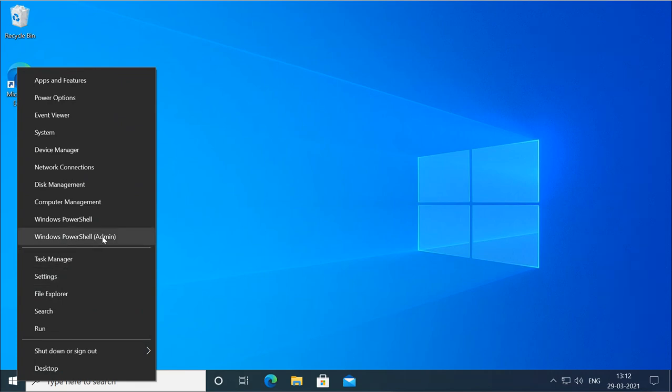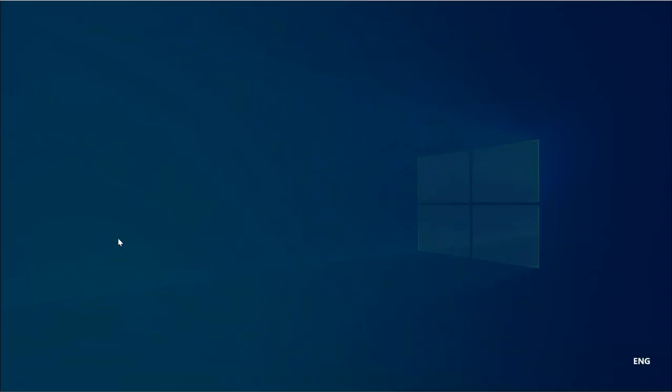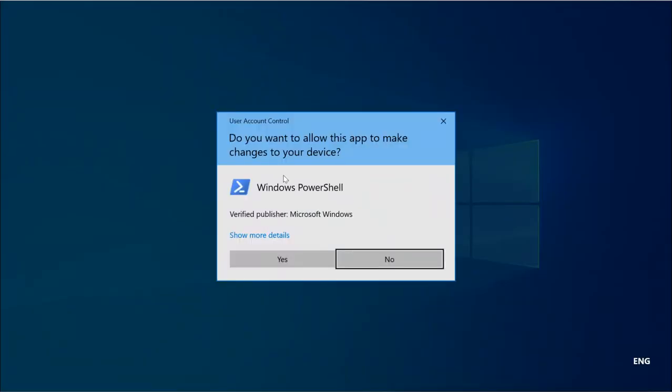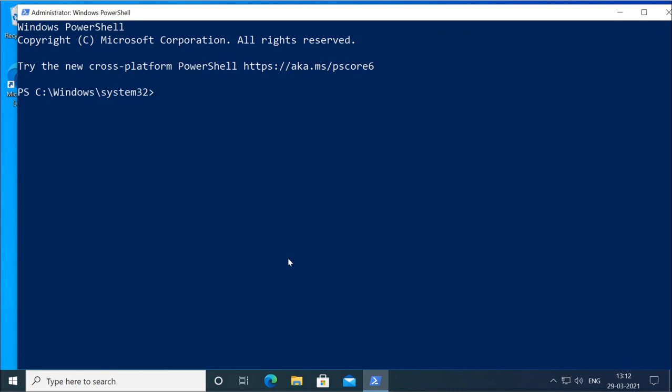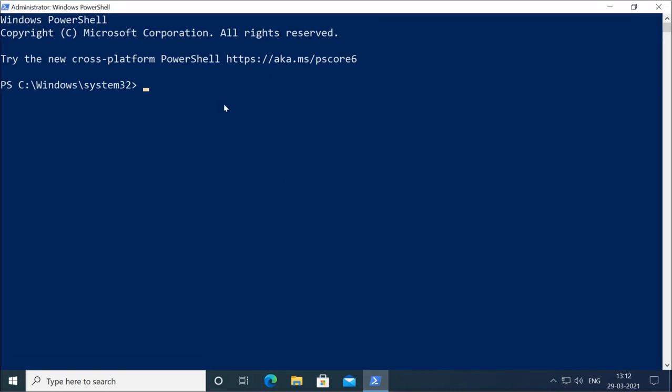or we can open the normal one, but normally it will not work with the current user. We have to open it as an administrator. Remember that shield option there for the Windows features setting that says it can only be done by an administrator. So you have to open PowerShell as an administrator. Now when I try to open it as an administrator, it is asking for administrator privilege. I will say yes, and this is how it opens PowerShell as admin.